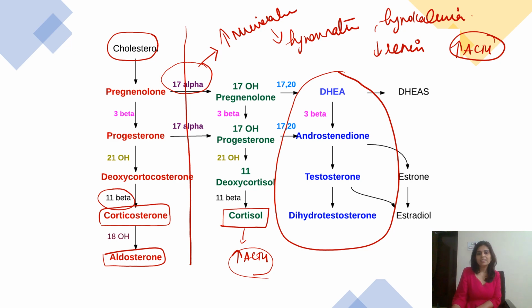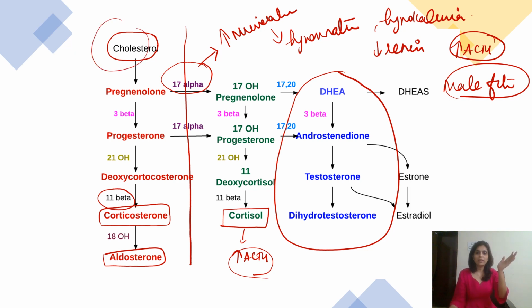And please remember, in 17-alpha hydroxylase defect, there is no androgen and estrogen synthesis. So what happens in a male fetus? Exactly like what I told you for star protein defect. In star protein defect, there is no cholesterol getting into any of these pathways, so no androgen. Similarly, even in 17-alpha hydroxylase defect, no male sex hormone synthesis. So in a male fetus, you're not specifying the fetus with male sex hormones. So by default, the fetus would develop as a female as far as internal genitalia and external genitalia are concerned.